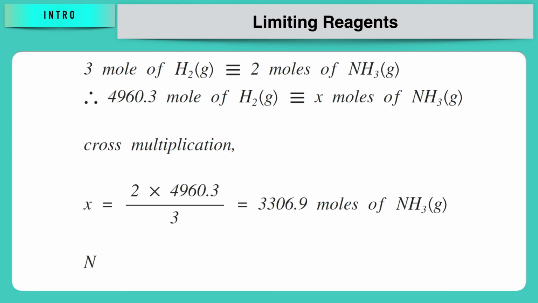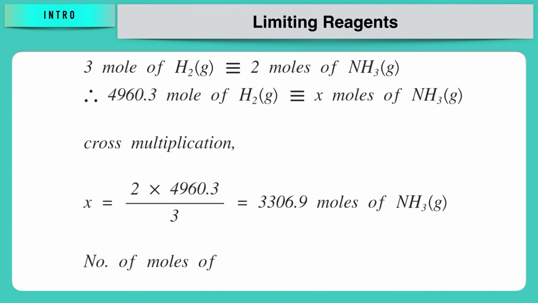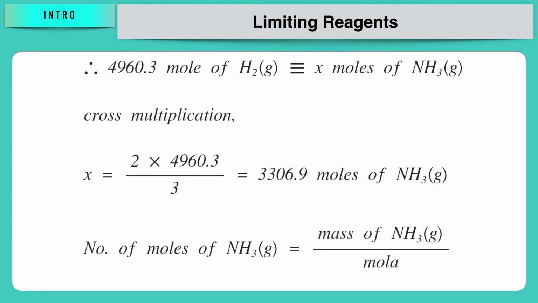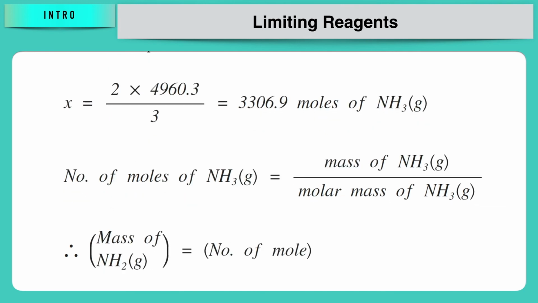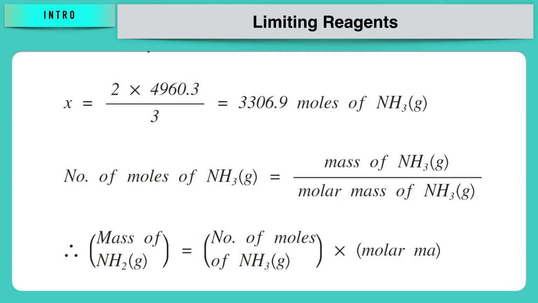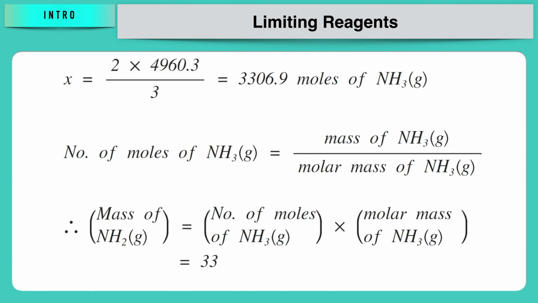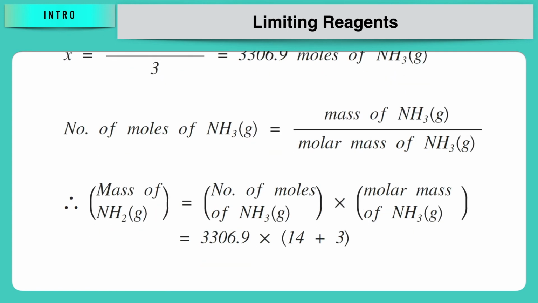Now what you're going to do next is find out the exact mass of the ammonia which is formed. So again you'll apply the formula, number of moles is equal to mass upon molar mass. Mass you want to find out, molar mass is 17 gram per mole. How 17? Ammonia, that means nitrogen 14 plus 3 hydrogens, so 14 plus 3 makes 17. So it becomes 17 gram per mole, the molecular mass of ammonia, right? The number of moles will fill up in this space and you'll find out the mass of it. So what is the mass you can get here? That is 56.217 kg. Is it clear?